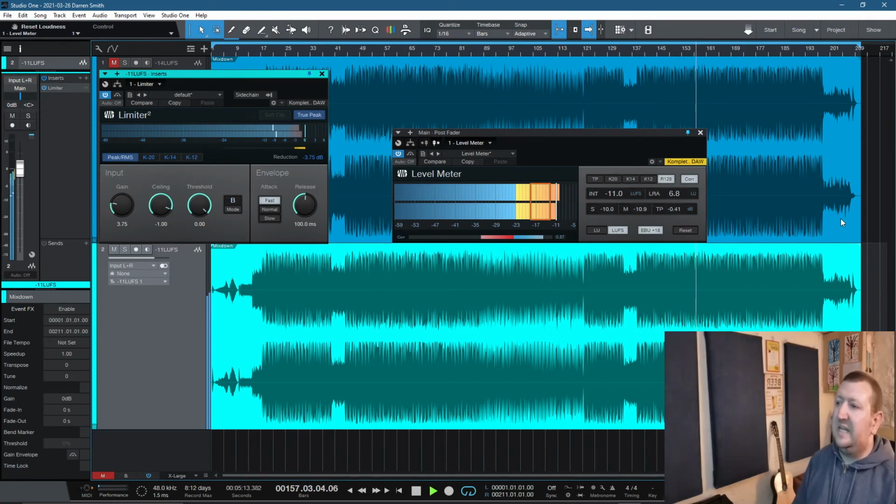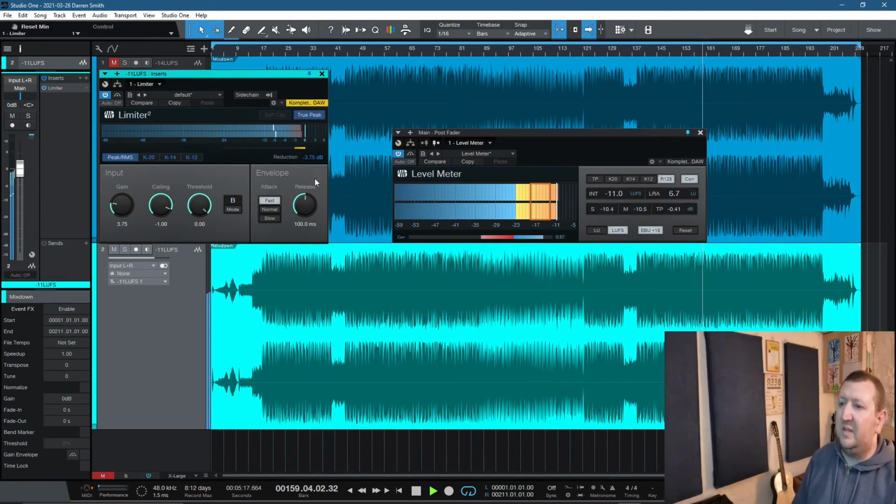So as we can see here, the gain reduction is consistently coming out at -3.75 dBs. So yeah, I think this is the thing. The loud level is good to give people that option, but if they're going to use a limiter with the ceiling of -1 using a very fast attack and a 100 millisecond release, if you master your track to -14 and then allow people to listen to the track at -11 LUFS integrated,